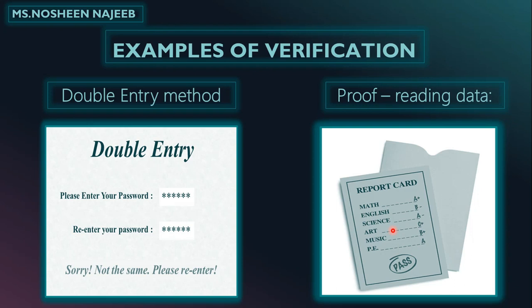Here is the proofreading data, which is the best example for your report card. As you know, sometimes mistakenly while entering your marks or your grades or your percentages in your report cards, accidentally some mistakes happen. So while checking or for your paper review,